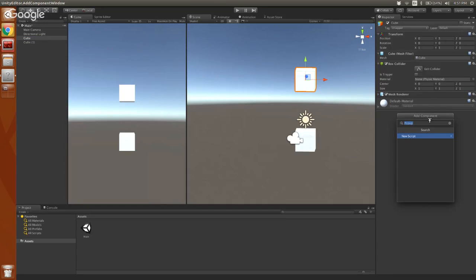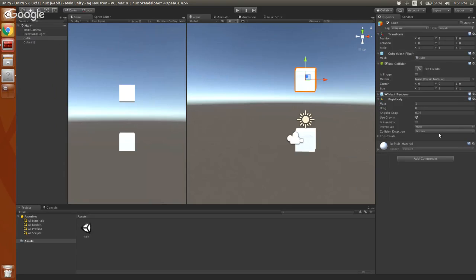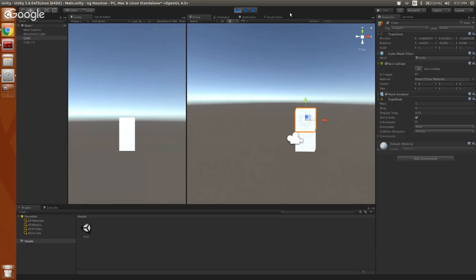We hit add a component, and we'll add what's called a rigid body. And a rigid body just says, hey, this is something that's going to be moving, it's going to be interacting, it's something that you need to think about as part of the world, as part of like a physical item. So just by adding that rigid body, we're telling Unity, do physics, make this actually move. And if we hit play now, that cube will fall, and it falls perfectly on our other cube.